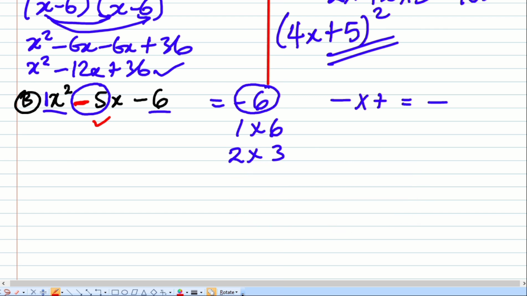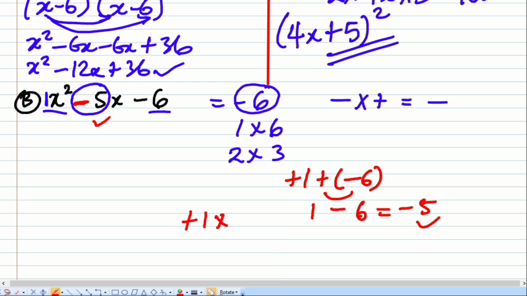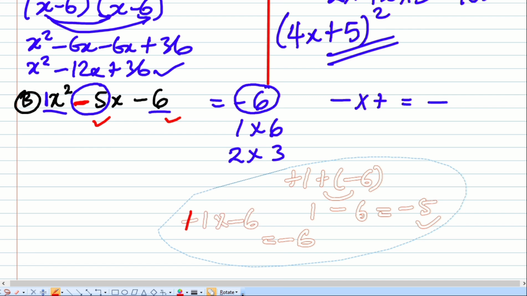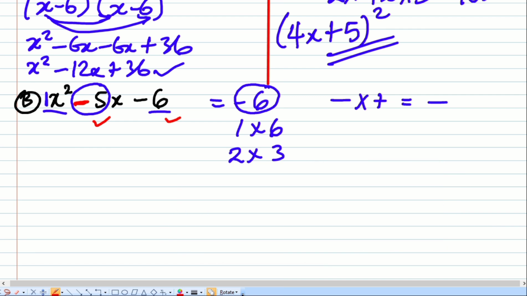Now we're only left with two other options, which is 1 and 6. So plus 1, plus minus 6. Plus minus is minus. So we have 1 minus 6, which is equal to minus 5. It checks out. And also plus 1 times minus 6 is equal to minus 6, so it also checks out for this one. And then that is going to be our factors. So remember, the factors are